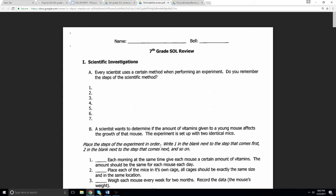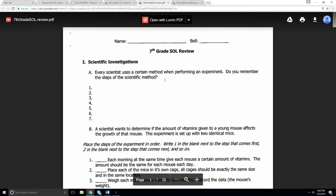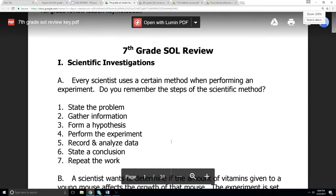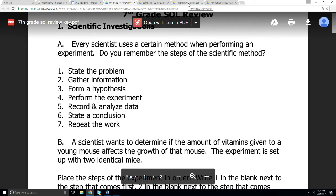Do you guys know the steps? I'm sure you guys are typing. I'll help you get started. First one's going to be state the problem. I guess I'll have the answer up here as well. State the problem, gather information. Question, okay, question works for question 2. Okay. Hypothesis, experiment, analyze data, conclusion,